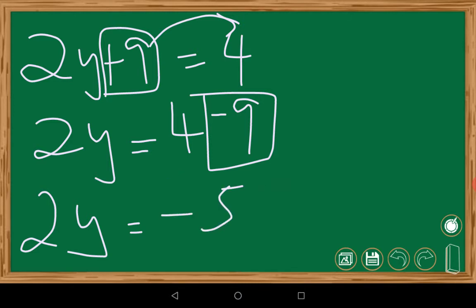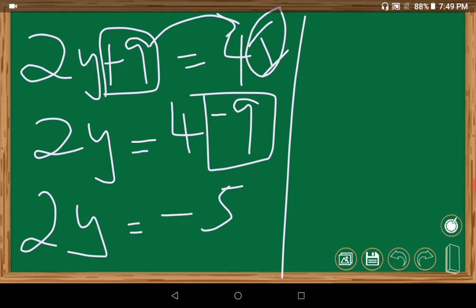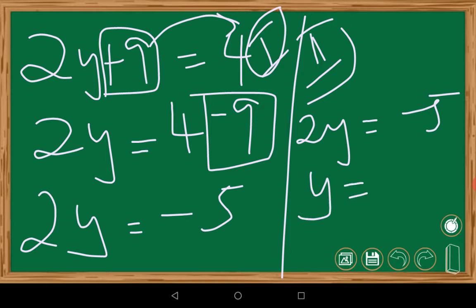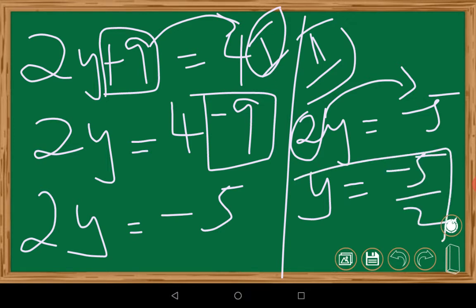Minus 5. This was the first step. We did it, right? Second step: 2y is equal to minus 5. Now we have to find y, no? y is equal to, here multiplication is there. When it is transposed to the other side, it becomes division. So minus 5 by 2. That's all. We can't cancel it out. So the y value is going to be minus 5 by 2. That's all. You can check it. For this, you have to check and put it in the comment.